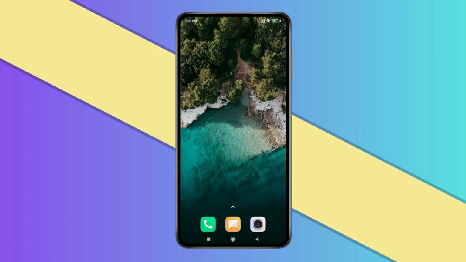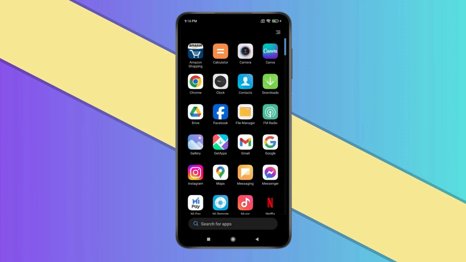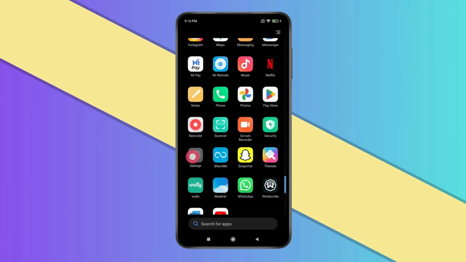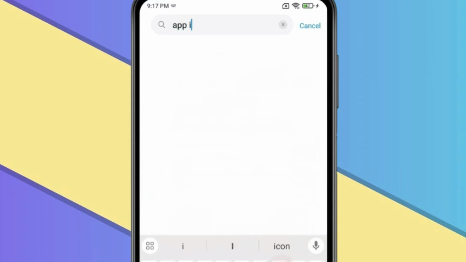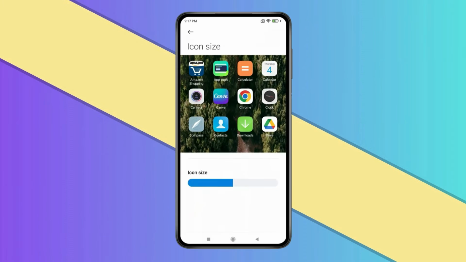Today in this video, I show you how to change app icon size on Android. For this, you have to open settings. Now you can search app icon size here and open this setting like this, or you can go back